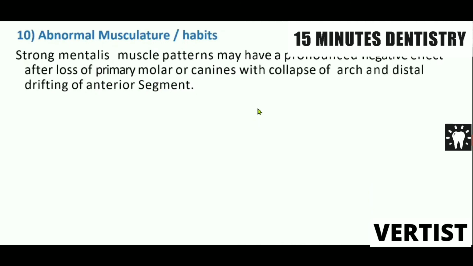In case of loss of canines, in case of loss of molars, that can lead to the distal movement of the anteriors. So this is one factor which has to be considered by planning for a space maintenance, and in such cases also placement of space maintenance along with the intervention